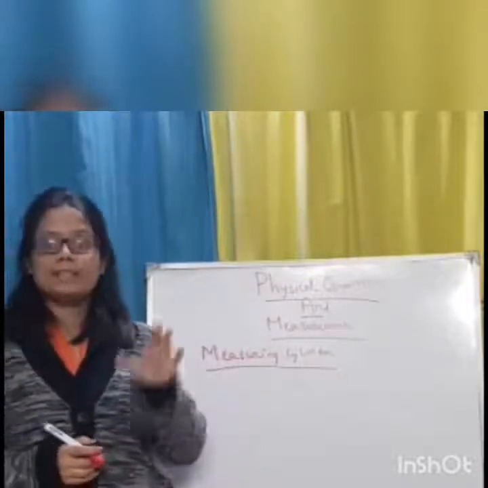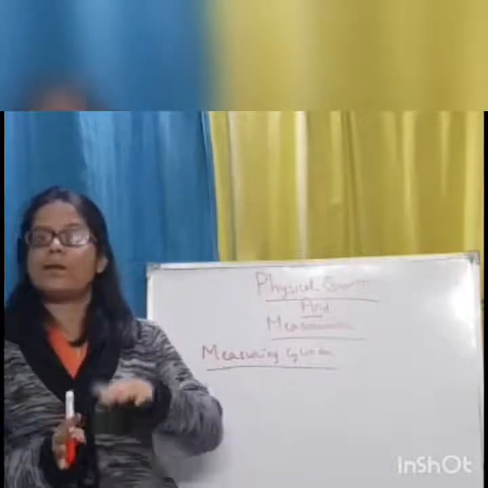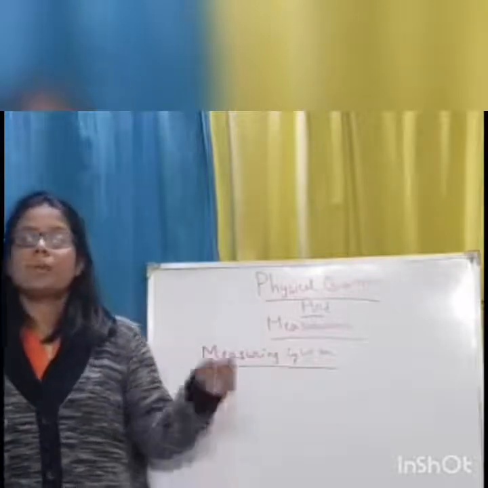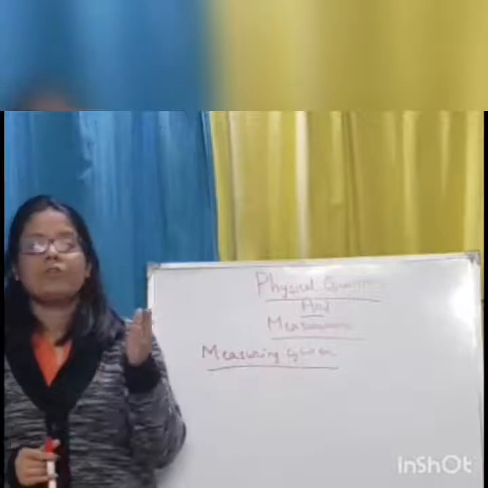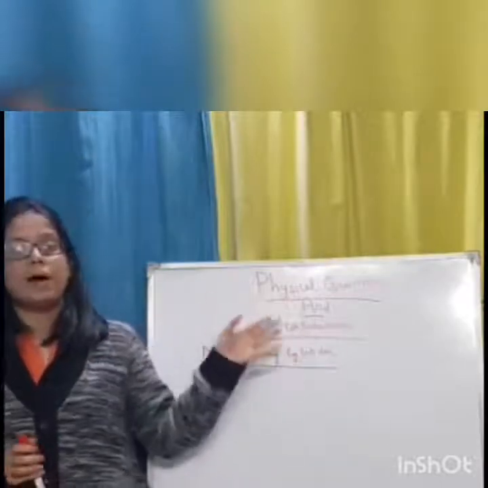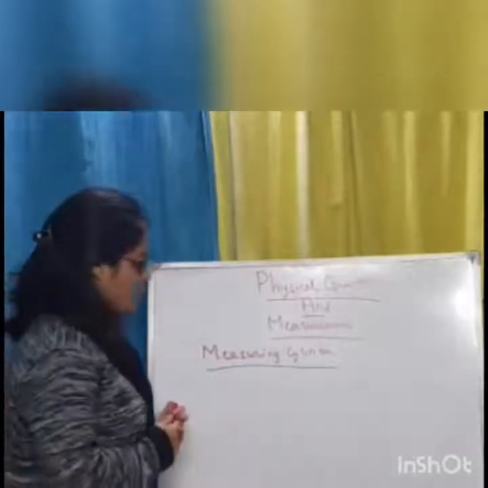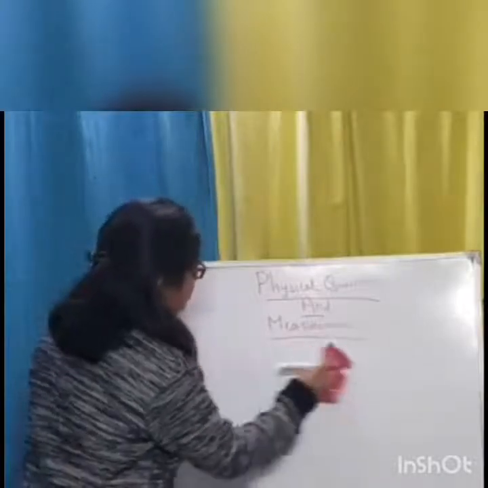Now what you get the second time is the empty vessel plus the liquid. So from this you need to subtract the mass of the empty vessel to get the mass of only the liquid. So the mass of the empty vessel has to be subtracted from the mass of the vessel plus the liquid to get the mass of the liquid itself. So we have found the mass. Let us write it down so it becomes clearer.